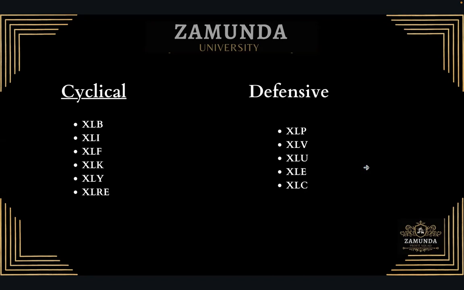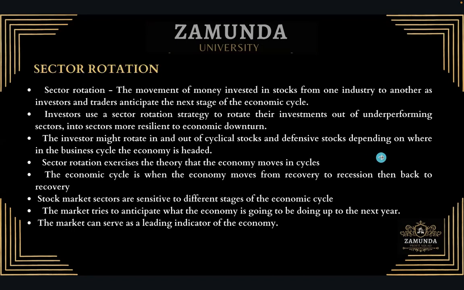Okay. So what is sector rotation? Sector rotation is the movement of money invested in stocks from one industry to another as investors and traders anticipate the next stage of the economic cycle, and we will get into that. Investors use a sector rotation strategy to rotate their investments out of underperforming sectors into sectors more resilient to economic downturn. The investor might rotate in and out of cyclical stocks and defensive stocks depending on where in the business cycle the